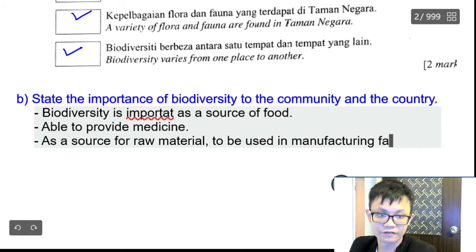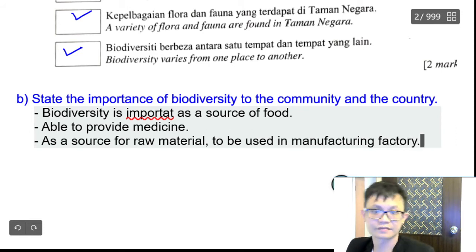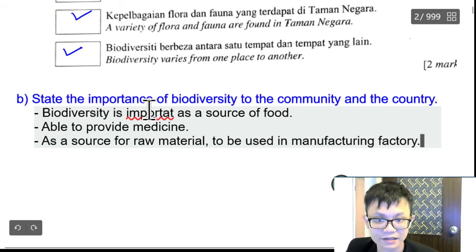A lot of things that we can say, the importance of